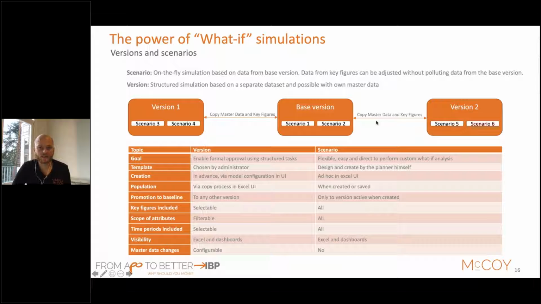copy master data and key figures between those versions and really analyze and compare different versions with each other and simulate them across your supply chain to see the impact of those different versions. And there we believe we can really have an advantage of running IBP over APO. And it's better to demonstrate in the system than only to explain this via a slide. So let me switch to another screen and run you through a simple demonstration of the SNOP module.